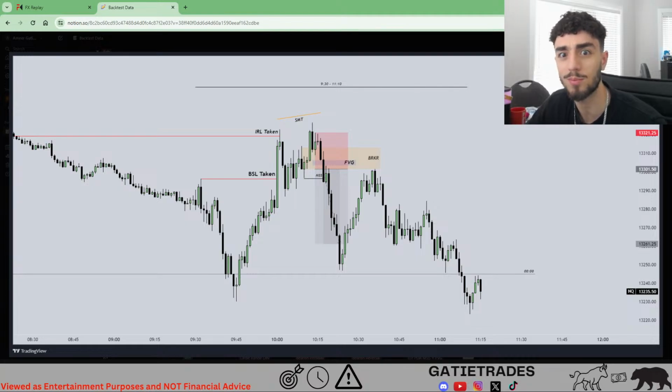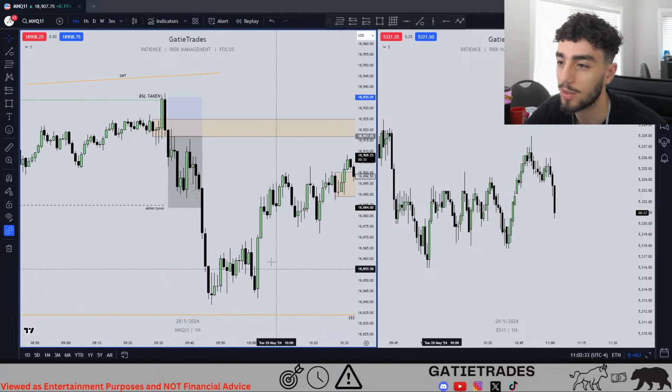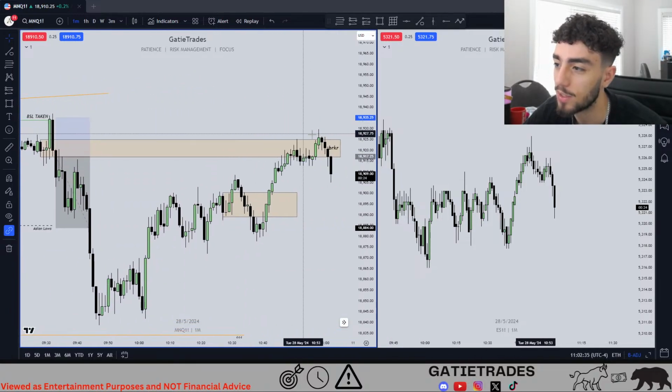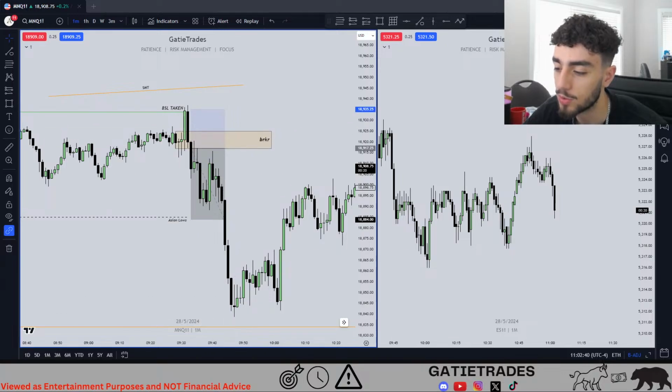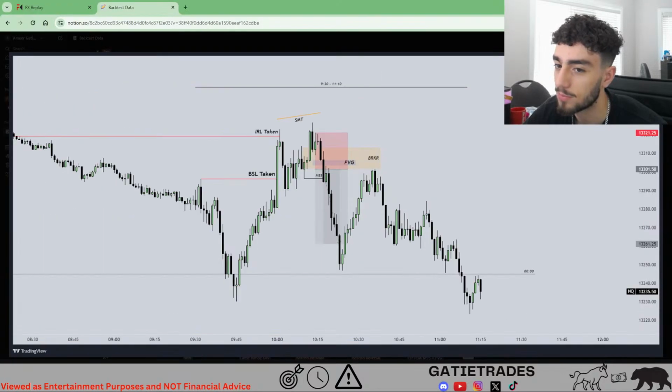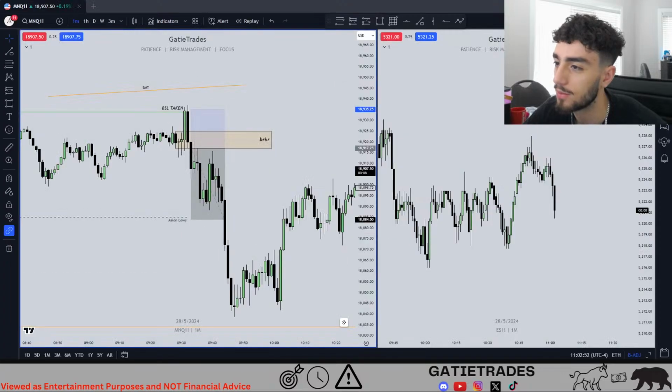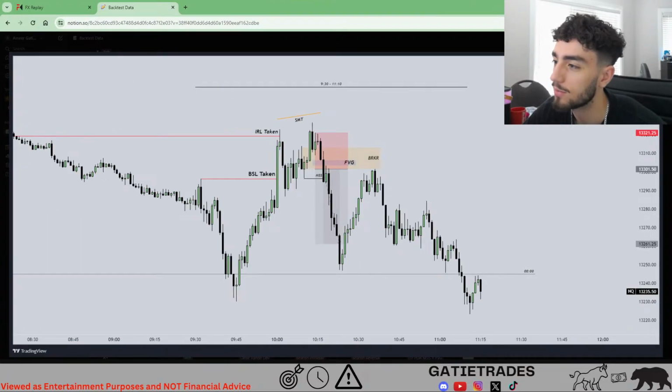This is the trade I took today, bro. This is the exact same trade I took today. I swear it looks exactly the same. Hold on, bro. Is this not the exact same trade I took today? It looks so similar. High, low, higher, high, lower, low, higher, high. Takes it. The higher high makes an SMT. It's pretty much the same thing.